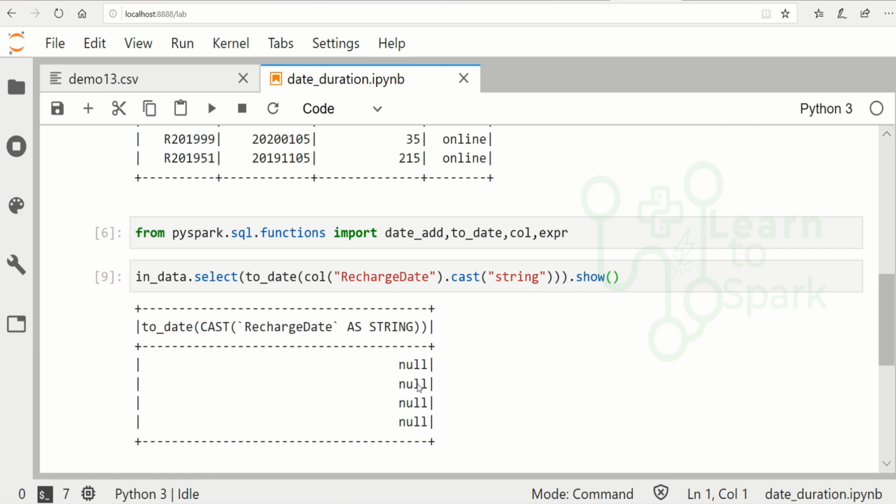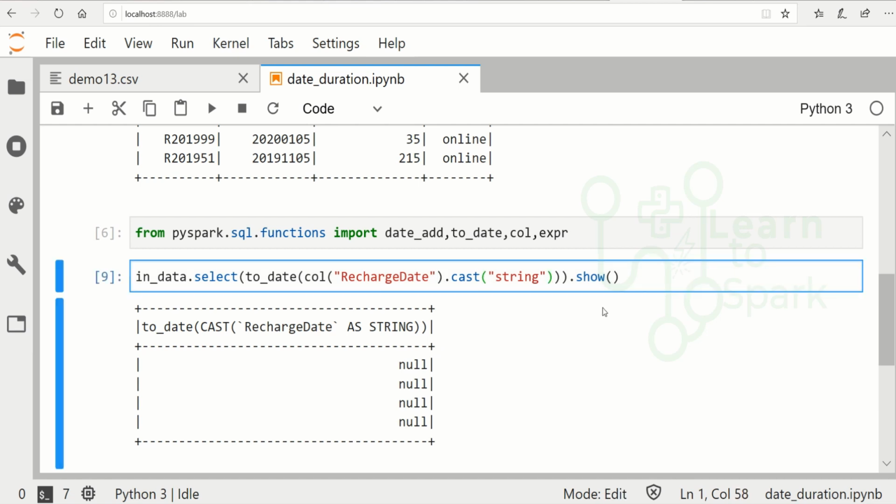It is not converting the integer column into the exact date column that we need. This is because to_date by default assumes the date format to be yyyy-MM-dd. Since it is not in that format, we have to give the format manually, and for that we have to give it as yyyyMMdd without any hyphen or anything.